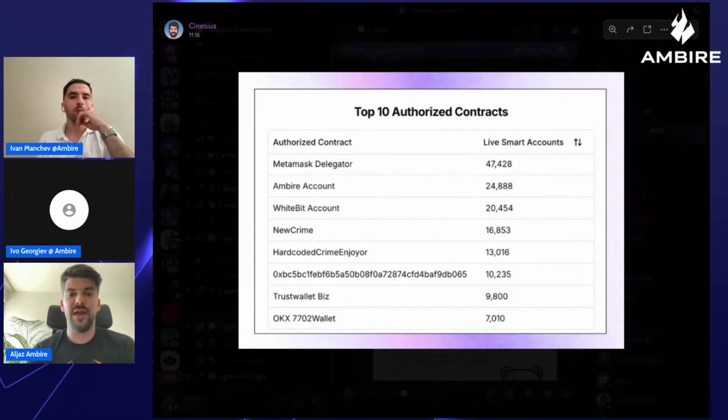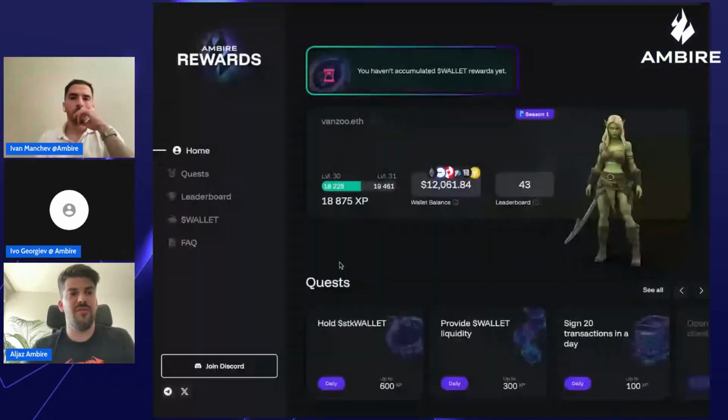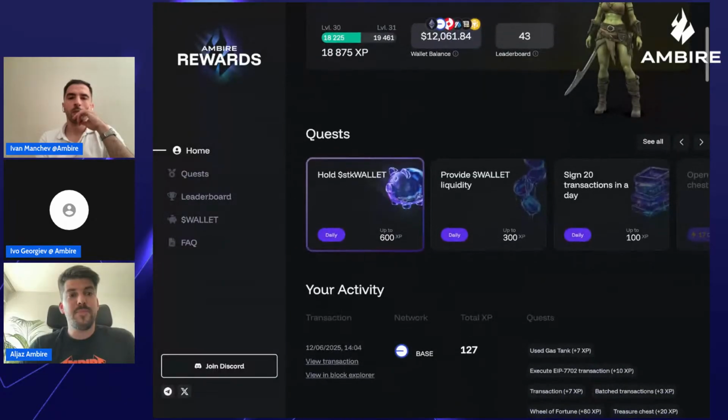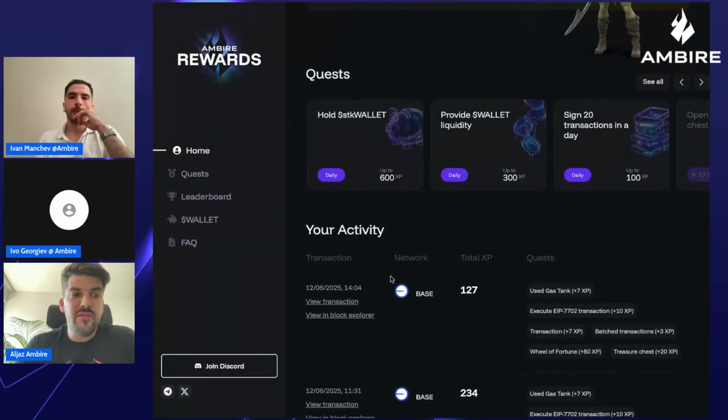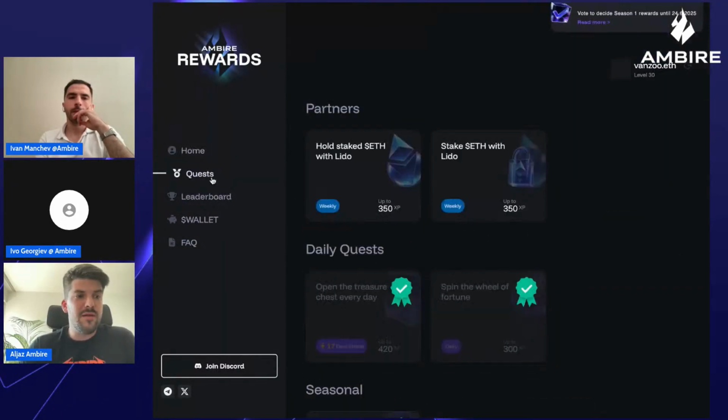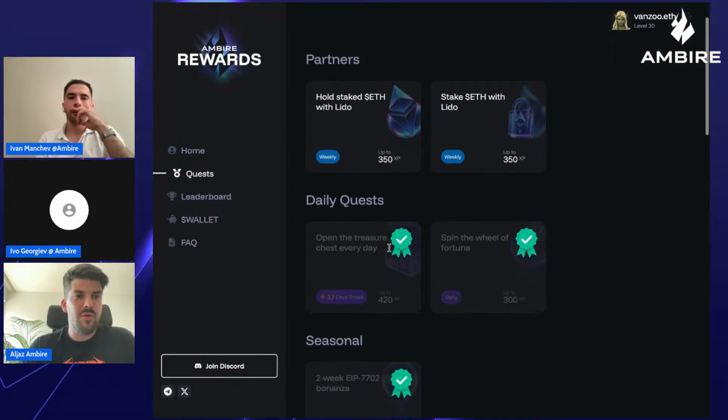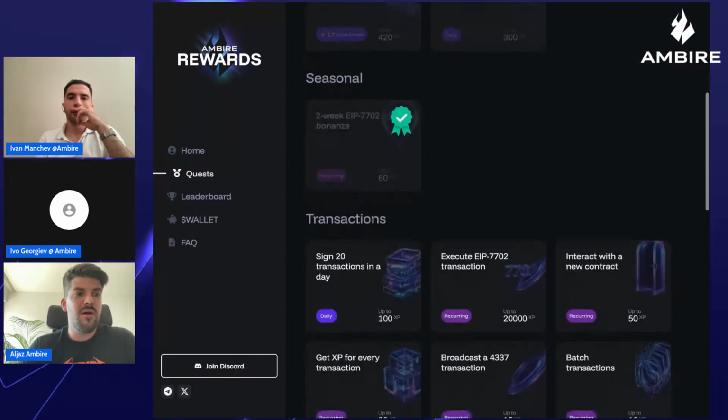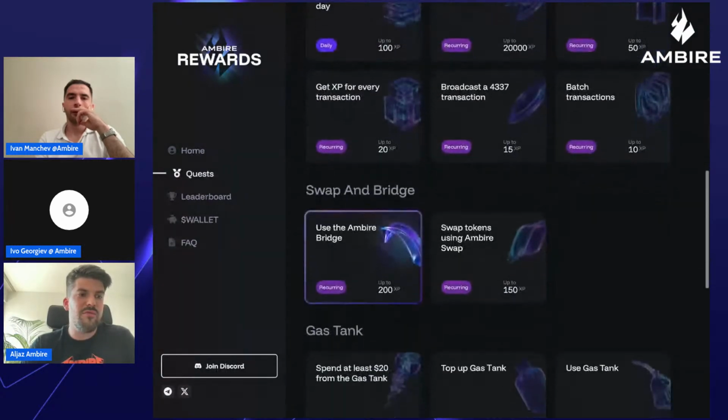On the MBI rewards and the governance side, season 1 is well underway. It launched on the 9th of May, so we are 1 month into season 1. MBI Rewards is a program initiated by Ambire, which helps you to discover the wallet and all the features.